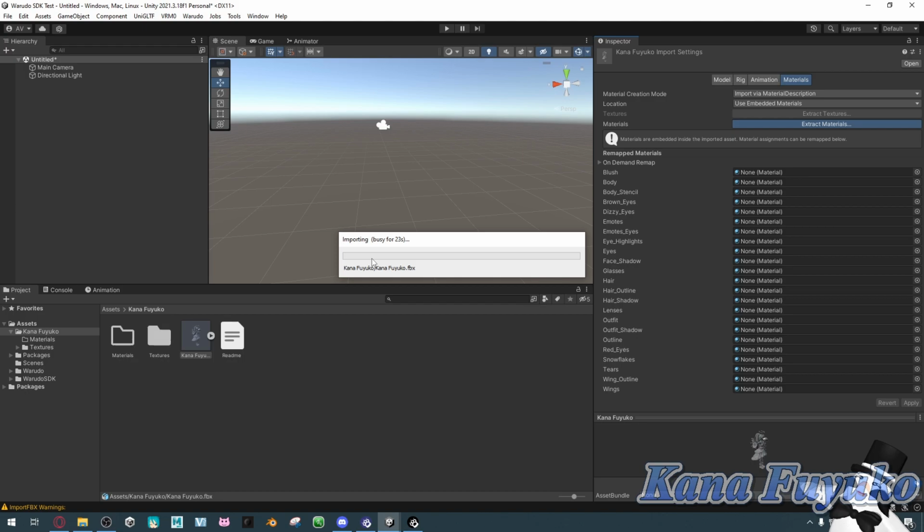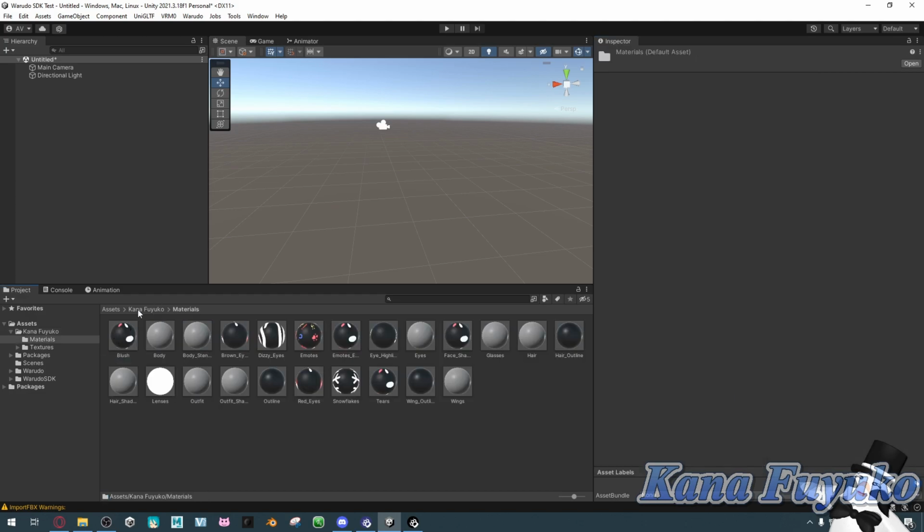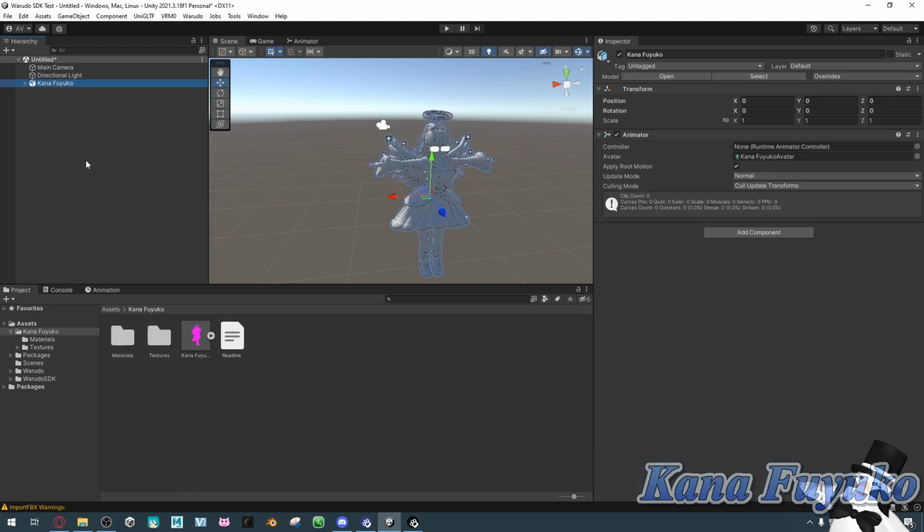If you're using HDRP or URP shaders, the way you're going to have to set that up is to contact Tiger regarding getting a build for Warudo in those engines or pipelines. I don't think it's very available yet, but keep in mind that technically you could get HDRP or URP only if you contact Tiger about it. But I will probably wait, because I think it might be in the paid version of Warudo. I don't remember, but either way, we're going to go ahead and click and drag our model, the FBX model,